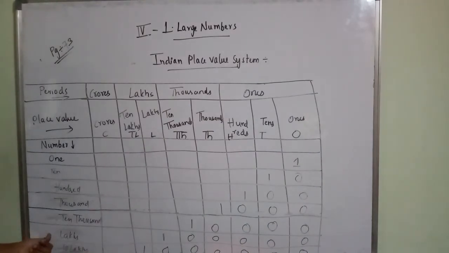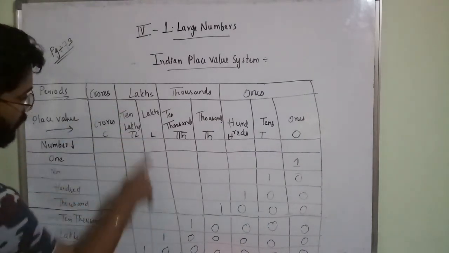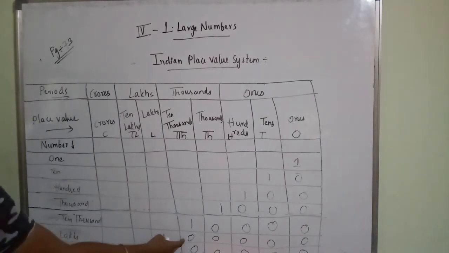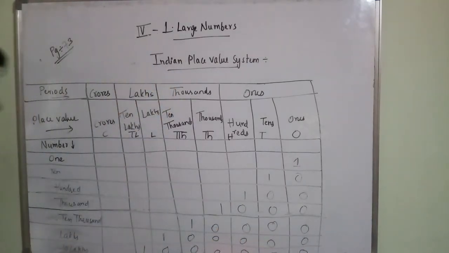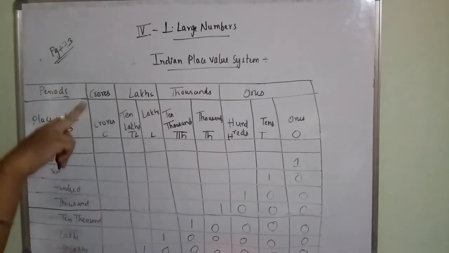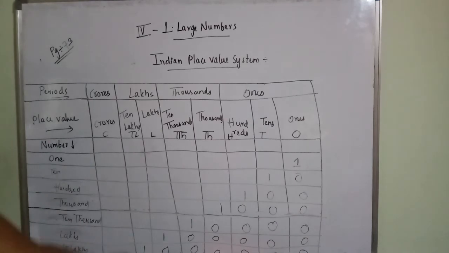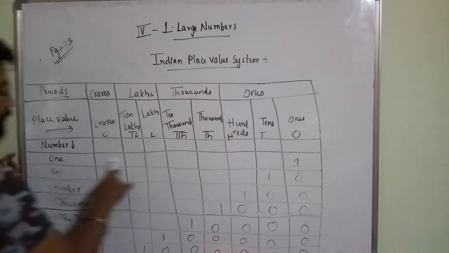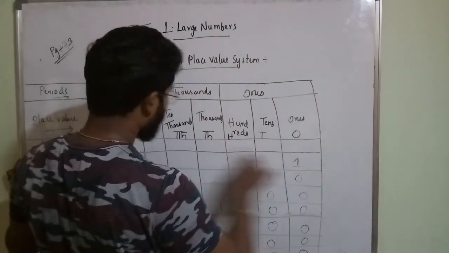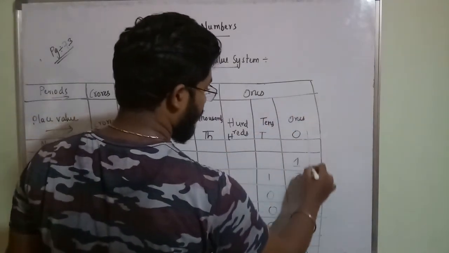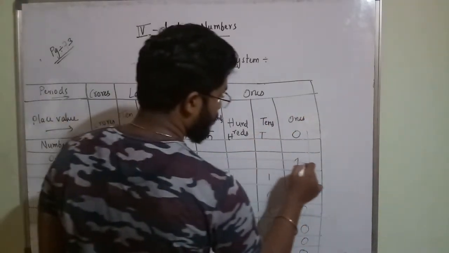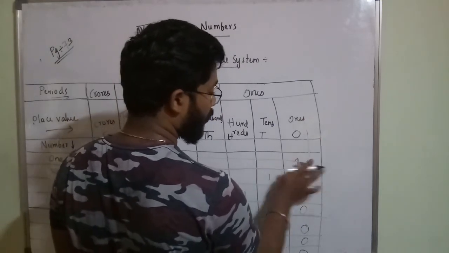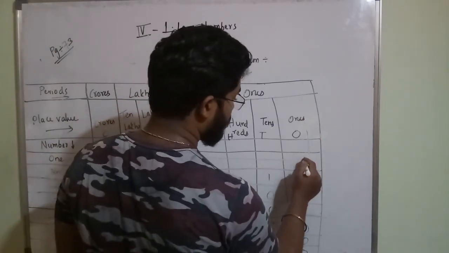Next lakhs. Lakhs, in a row it is here, in column it is here. So you have to match this. You have to keep 1 0 0 0 0 0. This is a 6 digit number. 10 lakhs. 10 lakhs is here and here it is here. So where it is getting intersected, you have to keep 1 and you have to fill all the zeros. Once again I am saying, so ones place, here I am getting 1 because here you are intersecting here, no? Like this, like this. So both the boxes, rows and column will intersect at this place only. So I am writing 1 here.